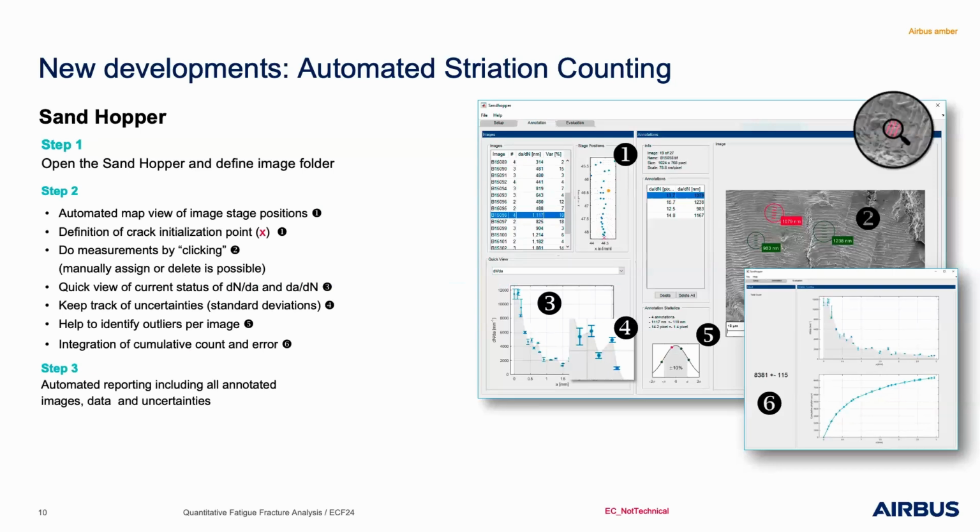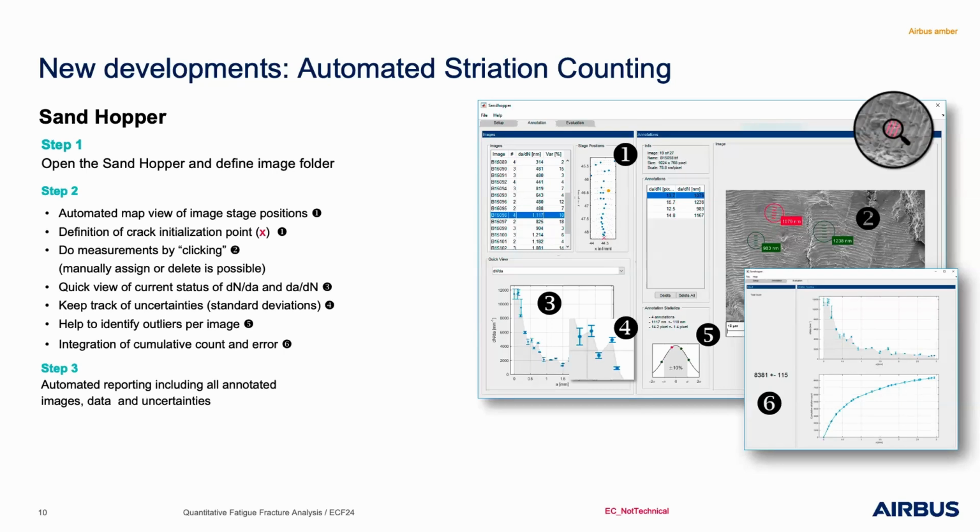It's a very simple tool at the end. As I said before, we have to acquire the pictures as up to now, but it's very simple because I just have to make a picture of the track start, and then I follow the line and make as many pictures as I want and as possible, and I have nothing more to do. In the first step, I load these pictures inside the tool. It automatically views the stage image position relatively to each other and calculates, and then in just clicking, the tool automatically